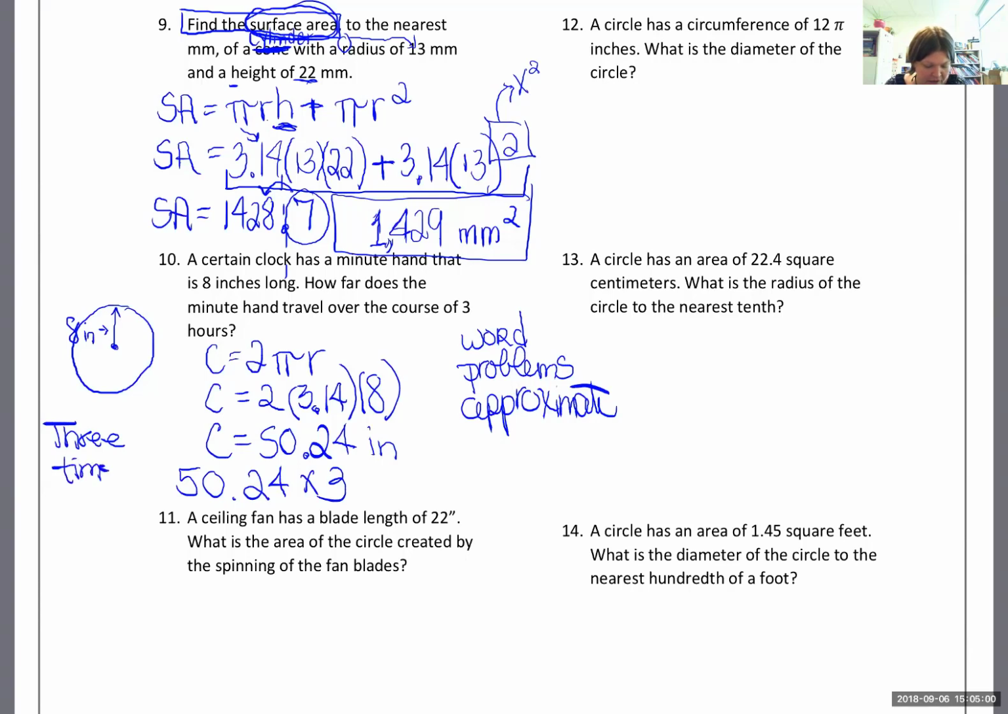I'm going to multiply the answer I got by 3. Does that make sense? Yes. Beautiful. So 50.24 times 3 gives me 150.72